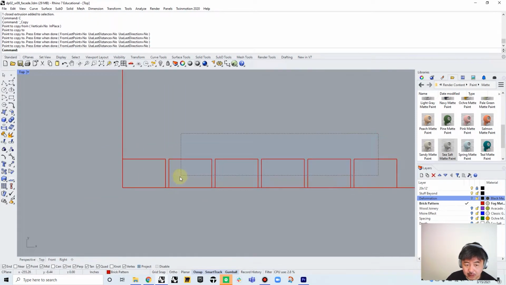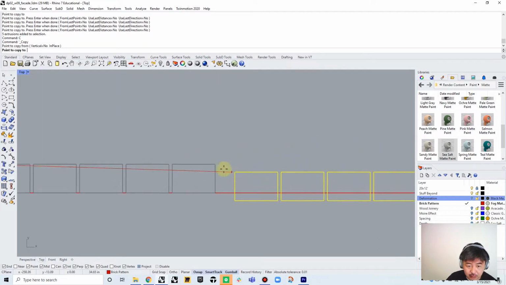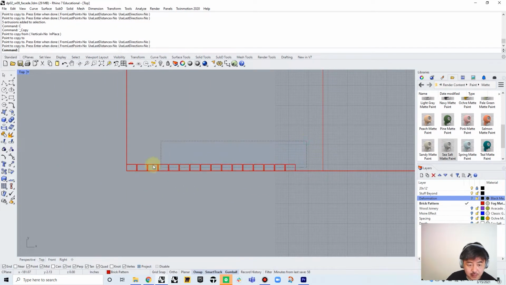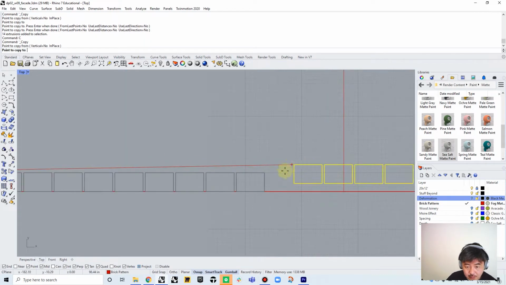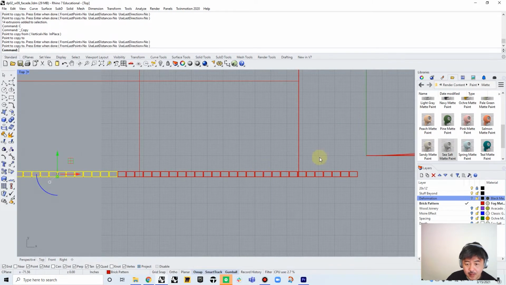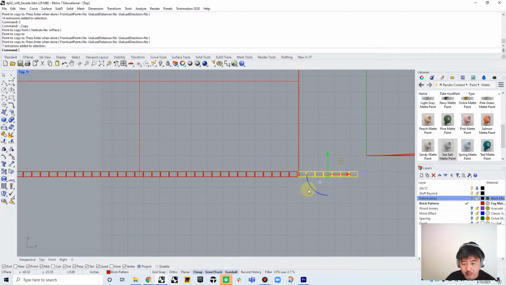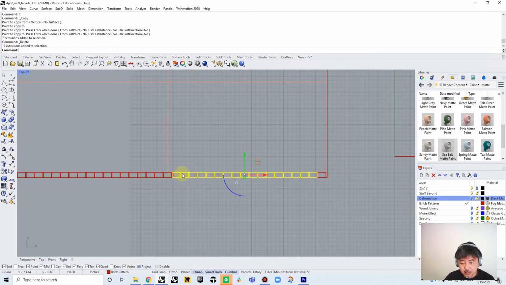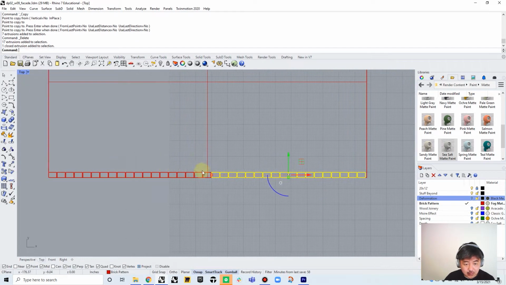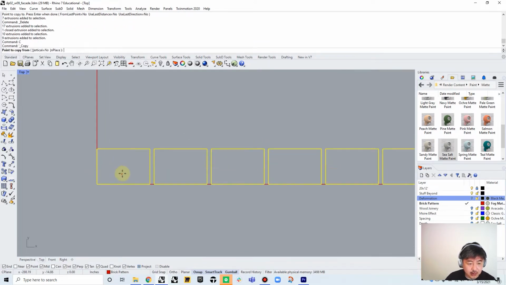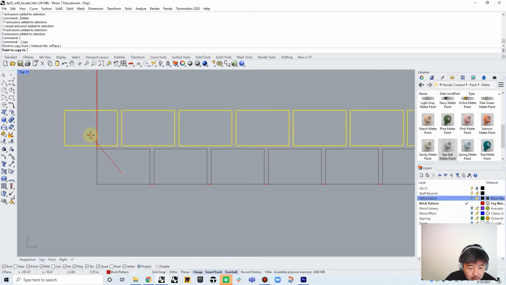Or you can use array, whichever works for you. Okay, so this is my first row,